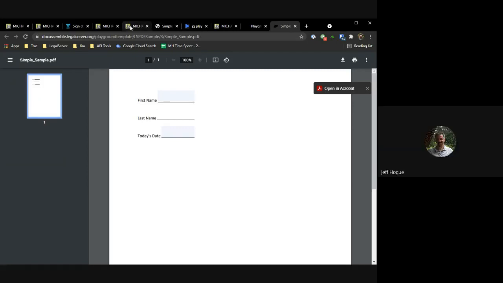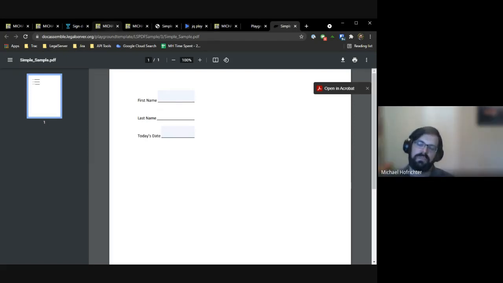So if somebody wants to use this particular example, will you say just a little bit about what somebody would need to do to spin up their own DocAssemble or to use DocAssemble? Yeah, so this would require a DocAssemble server, which you can typically spin up. I've always recommended using AWS or Azure for the hosting of that server. There's options that are about $20 a piece monthly for hosting it, and you can always use your nonprofit credits